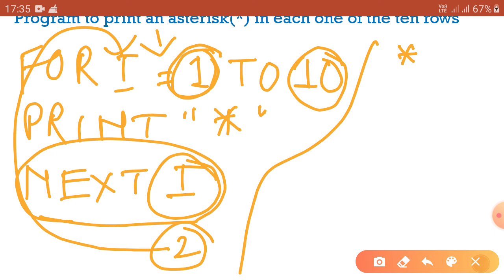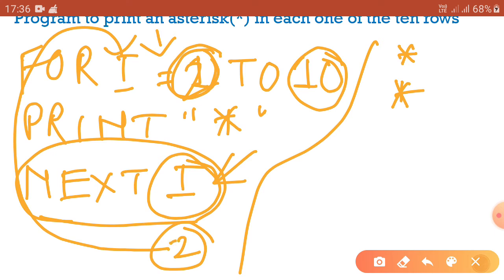So the value of I now is 2. That means it is the second row. So here it is for I equal to 2 to 10, print star, that means in the second row it will print an asterisk again. Okay, again come to this statement, next I. So again the value will be incremented by 1, because next I means the value will be incremented by 1.